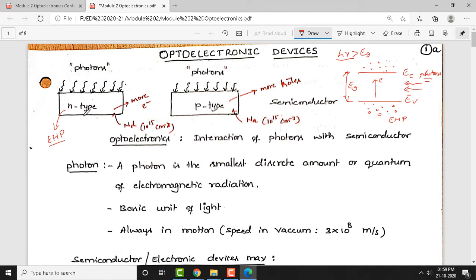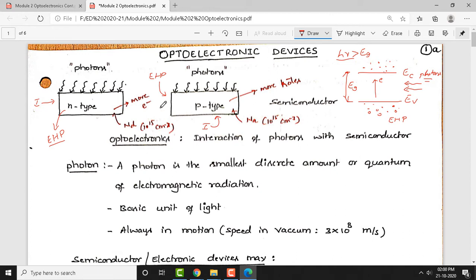Now, you can see here there is an N-type semiconductor and a P-type semiconductor. In both types of semiconductor, when the photons interact with either N or P-type semiconductor, it forms the electron hole pairing process. Now, the question is whether this can create any current. If you analyze this interaction, will it create any substantial amount of current? Just think about it, whether it is P-type or N-type. Just by the electron hole pairing process, do we get any significant amount of current from these two types of semiconductors?